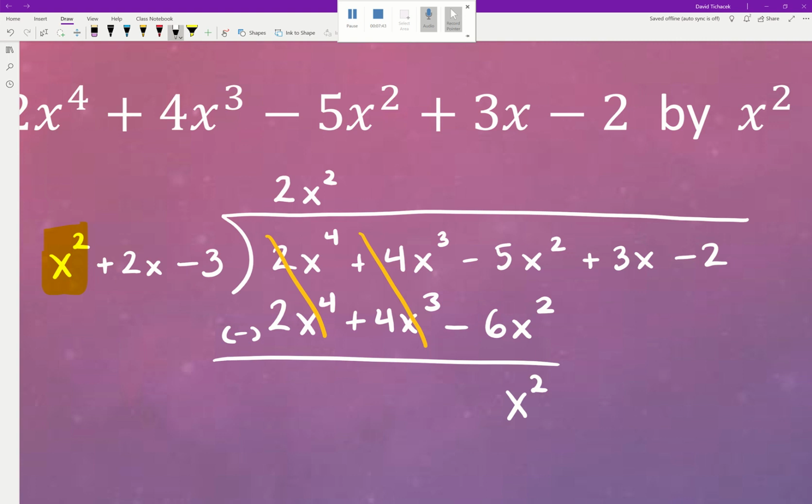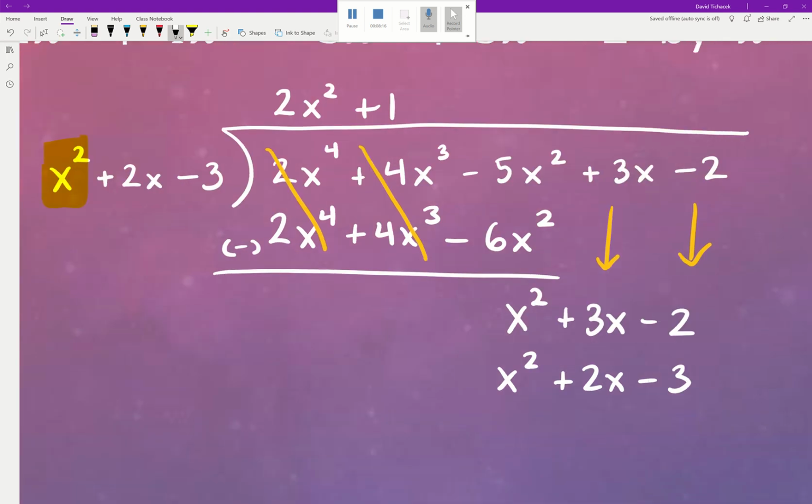And then one of the things that I want us to make sure that we remember, again, is that since your divisor has 3 terms in it, we're going to need to drop down a number of terms until we match the number of terms of our divisor here. So not only are we going to drop down the plus 3x, that would only be 2 terms in our result there. We're going to need to drop down the next term here as well. So minus 2. All right, and you can see here again, if I'm trying to match up the first terms of both of these, I'm going to need to match up an x squared with an x squared, which just means I need to go ahead and multiply through on my divisor by a 1, in which case I just end up with another copy of the divisor that I'm going to go ahead and subtract here from the result